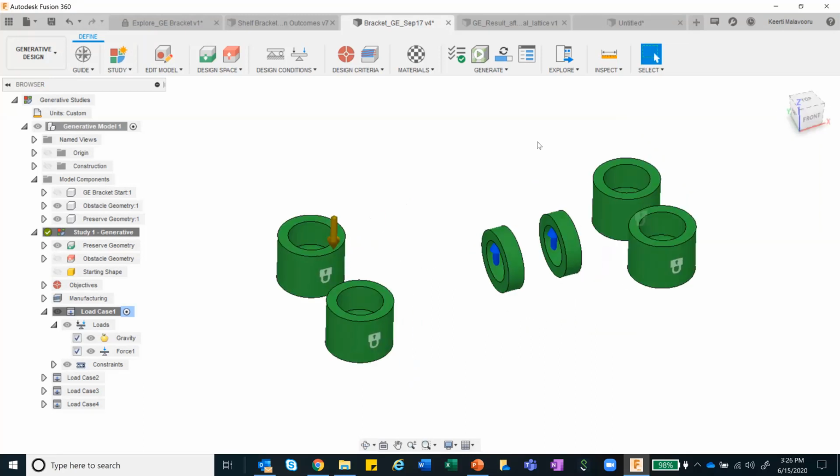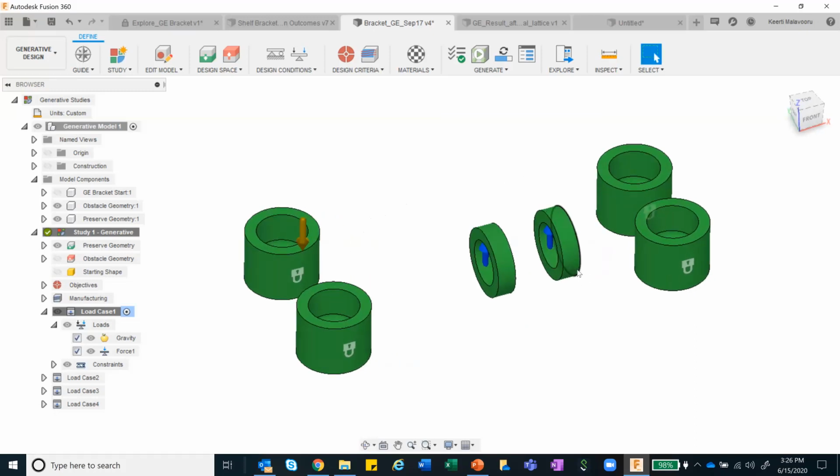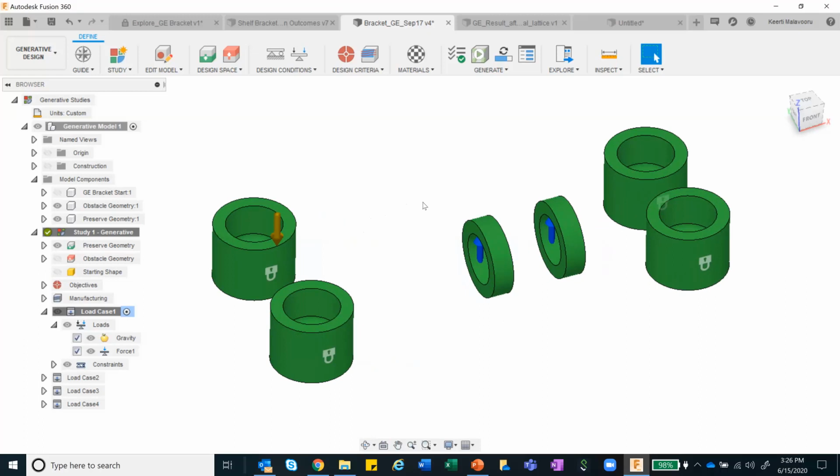Now within this empty space, it has to start filling and creating the structure of the new design. But at the same time, you also need to ensure that I don't want unnecessary material to be added, so that it becomes a hindrance during the assembly of that particular component or product.